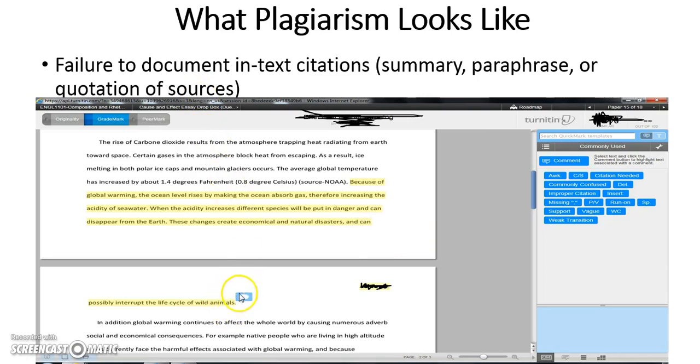As you can see, there's no parentheses with the author's last name or page number to indicate that the idea conveyed in this passage comes from another source. So what it looks like is that this is the student writer's idea when it's not.